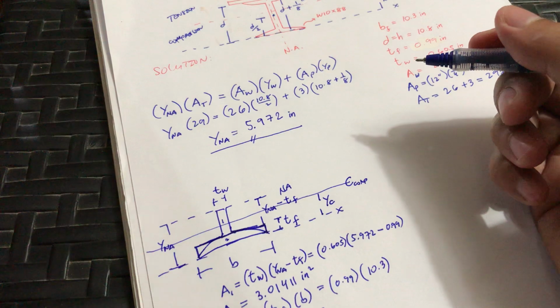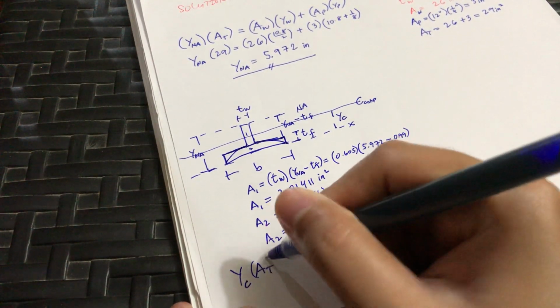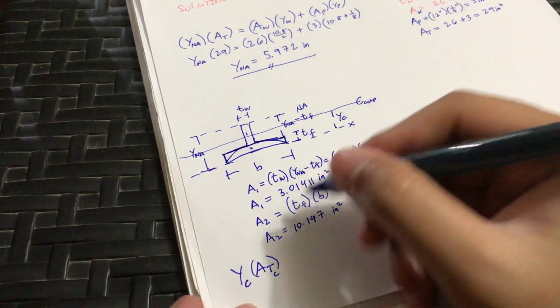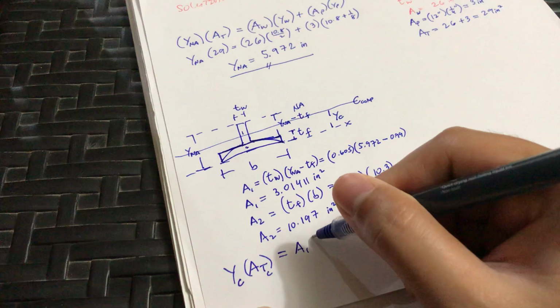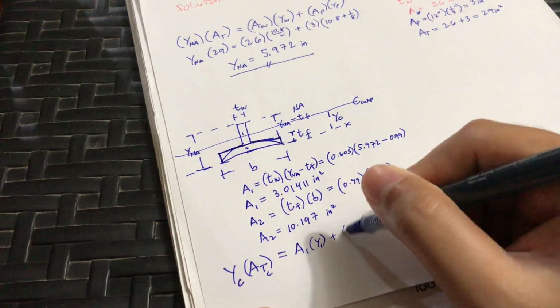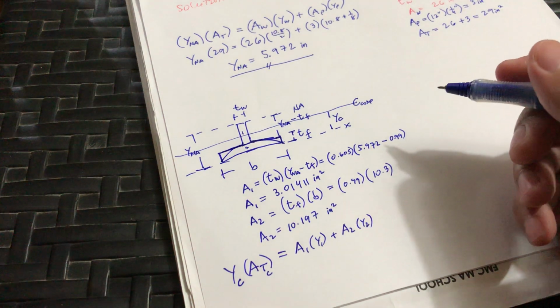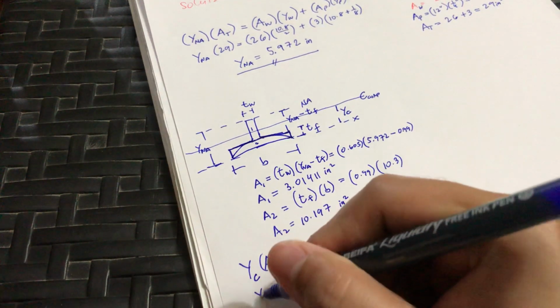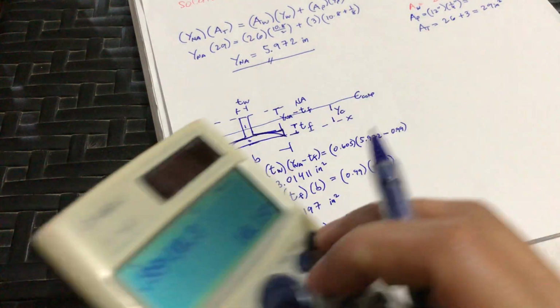YC times the total area for the compression side only is equal to area 1 times Y1 plus area 2 times Y2. So YC times the total area is